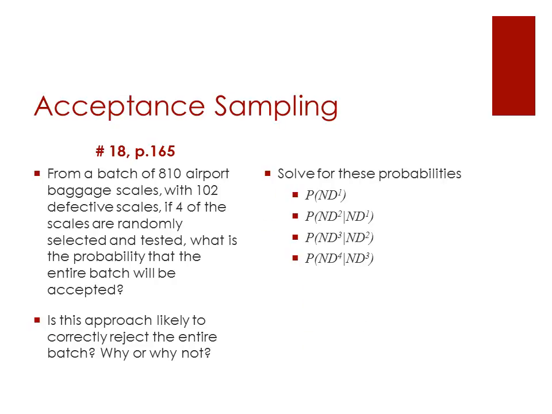Now we need to solve for these probabilities. So if we're looking at this, keep in mind, we're solving for that they're not defective. So we know 102 are defective. To get the total number of non-defective airport baggage scales, we would take 810 and subtract 102. Okay, that would give us our number of non-defective, right? So that's going to give us 708. We're going to divide that by 810 because for our first sampling, we've got 708 non-defective baggage scales in this set of 810. So we solve that through and we get